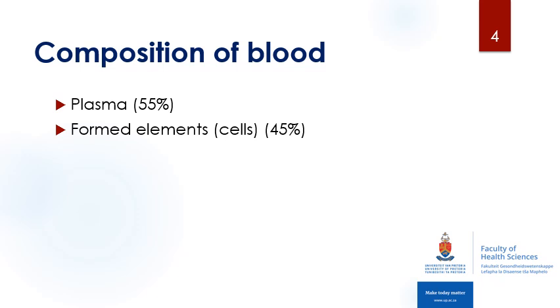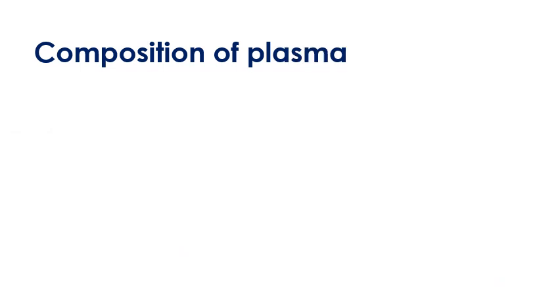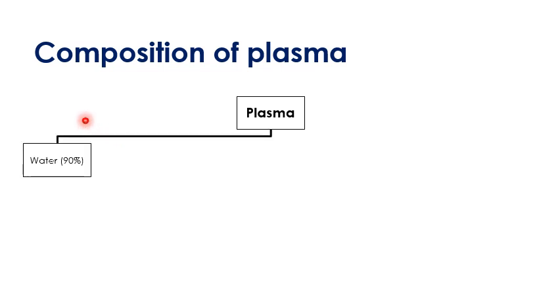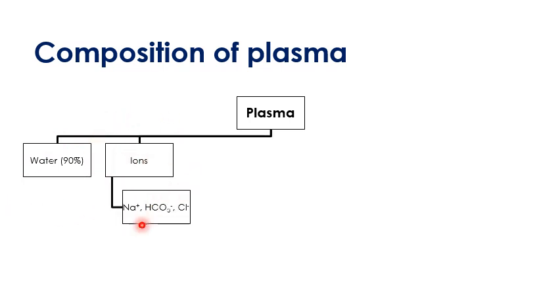If you look at the composition of blood, 55% of your blood is made up of the blood plasma, whereas the other 45% is made up of your formed elements or your blood cells. So first let's take a look at your plasma. If you look at the composition of your plasma, 90% of your plasma is water. Then you have some ions as well, such as sodium, bicarbonate, and chloride ions. These are very important for the osmotic balance of your blood, as well as for maintaining the pH of your